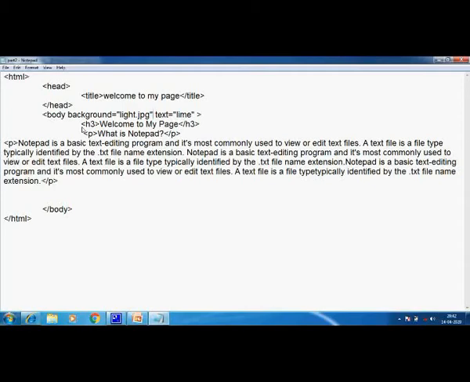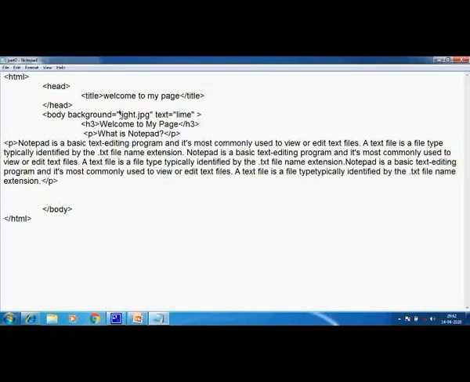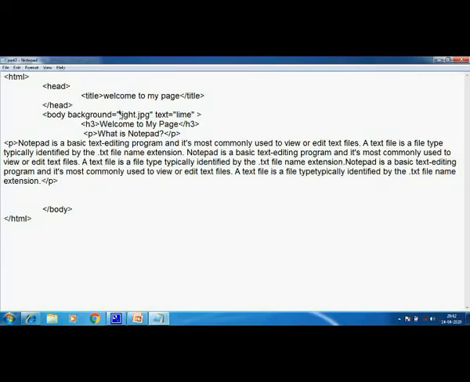Then you will not need to put the path. Otherwise, if the image is in some other location, you need to put the path over here, like C drive and so on. We will not go into that. We'll simply keep the image where we have kept the file. Is it clear, children?